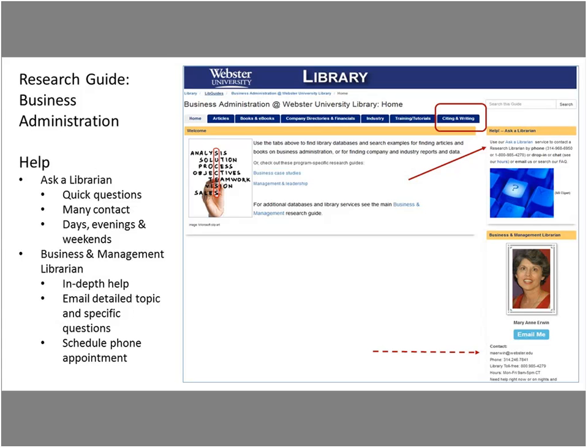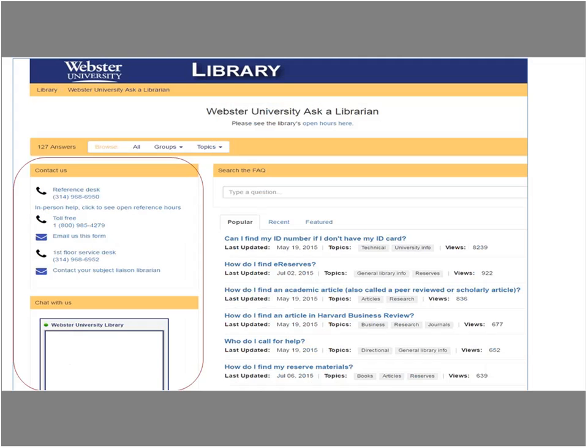But our research services desk, our Ask a Librarian desk, is staffed almost 100 hours a week during the regular semester and similarly during the summer. But I'm only here 40 hours a week, and I'm not always in my office and available to take phone calls. So let's schedule an appointment. If you need more in-depth help, that'll be a good way to do it.